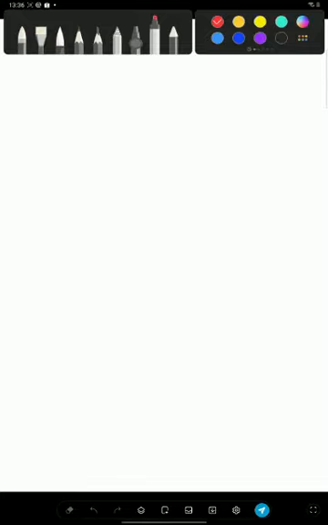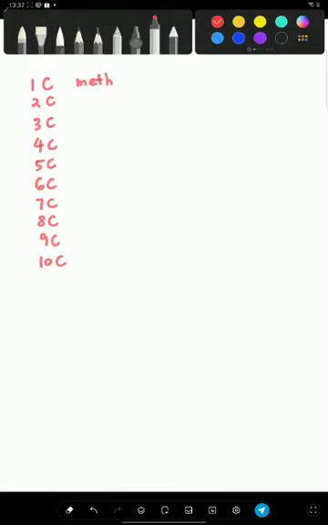So if you have here carbon, 1 carbon, 2 carbon, 3, 4, 5, 6, 7, 8, 9, 10. So here is alkane. You need to put A and E at the end of the naming. It will be